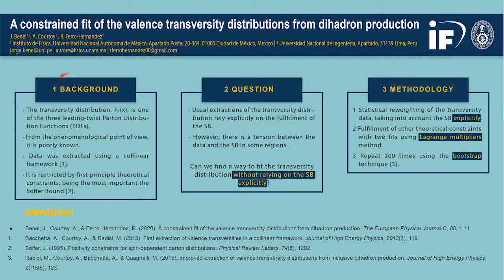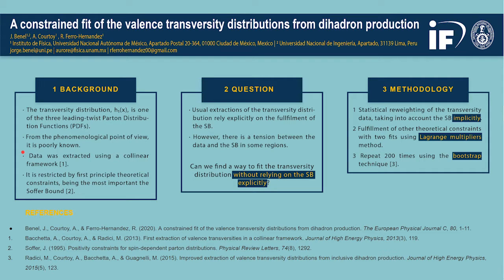Well, let's talk a little bit about the background first. First of all, what is a transversity distribution? It's one of the three leading twist parton distribution functions, or PDFs. These PDFs explain how quarks and gluons behave inside the proton at different energy and Bjorken values. The Bjorken value is this X up here, and because of its nature, the transversity distribution cannot be seen in the most common deep inelastic scattering, or DIS, experiments. So it is the least known PDF.